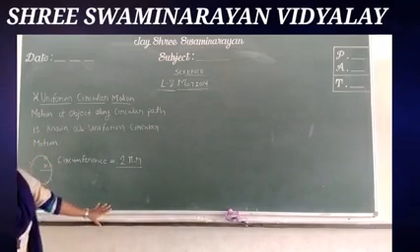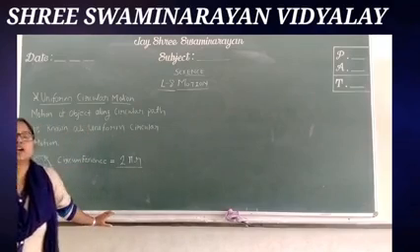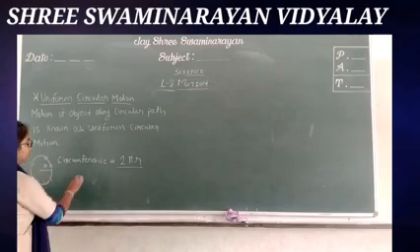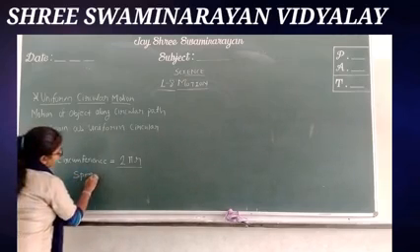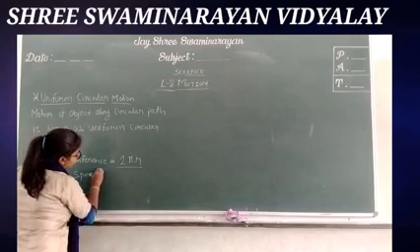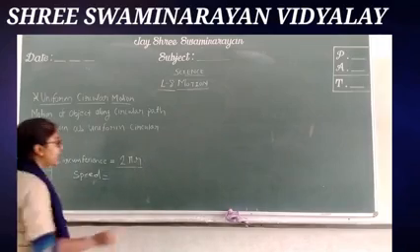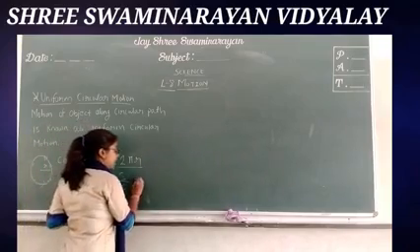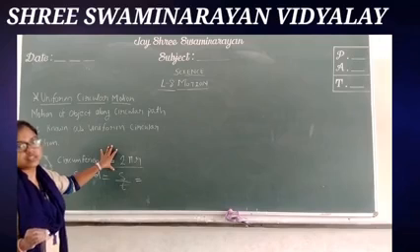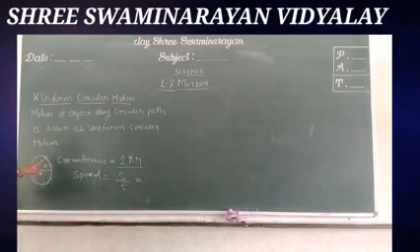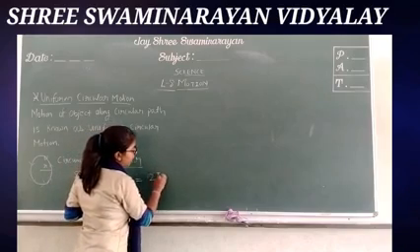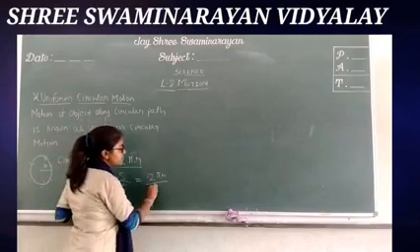Now next, if you want to find the speed of that particular object which is traveling on the circular path, you can also find that speed. You know the formula of speed is distance by time, that is s by t. So here, where do we get the distance from, students? From the circumference, because this is the boundary line of the circle which gives us the distance. So instead of distance we can write 2 pi r upon t, that is time.